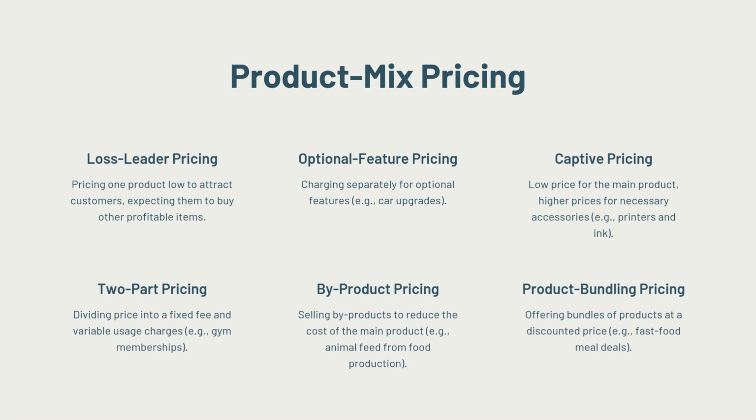We also have two-part pricing, where companies charge a fixed fee plus a variable usage fee. For example, many amusement parks charge an entrance fee to enter the park and then an additional fee for each ride. The main difference between optional feature pricing and two part pricing is that in the two-part pricing, you must pay for the core product in order to enjoy the extra features, and both are offered by the same company. But for optional feature pricing, you may opt to buy the optional features separately from one company and the core